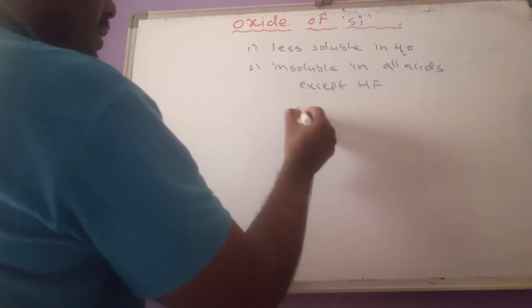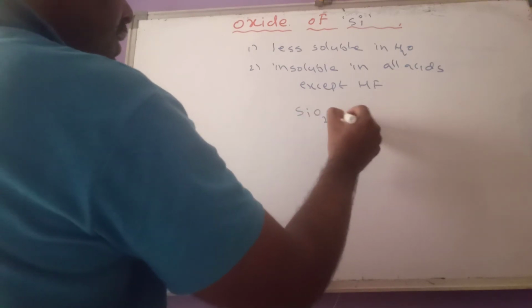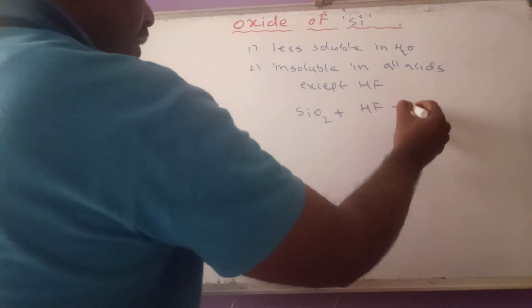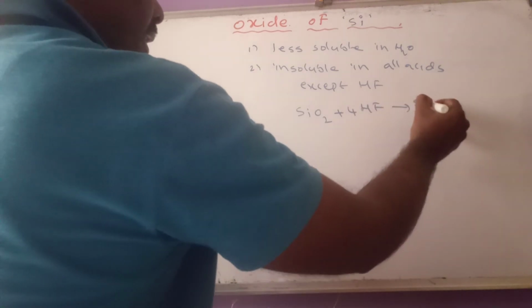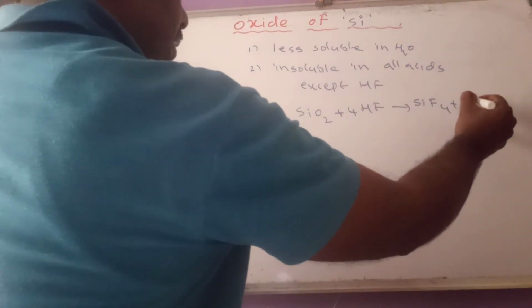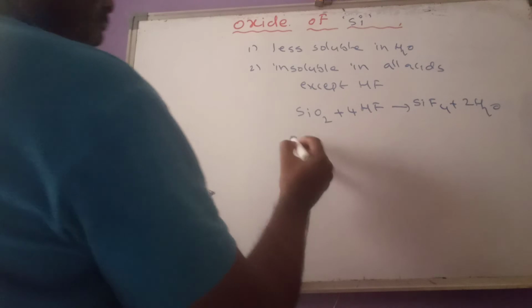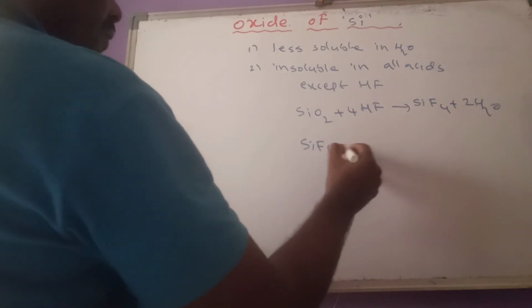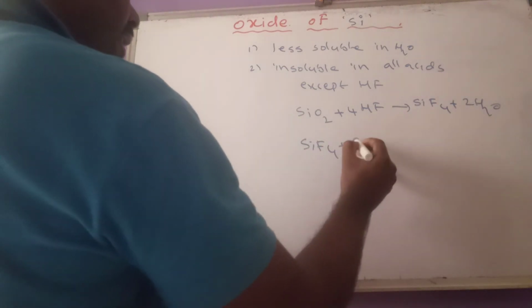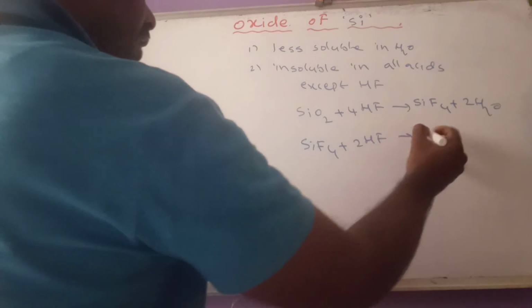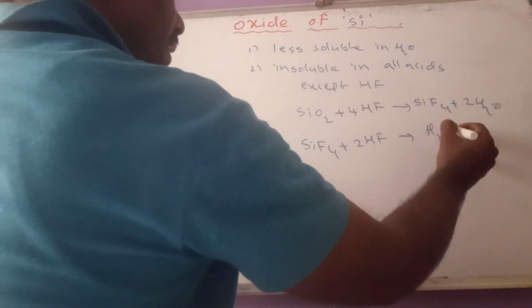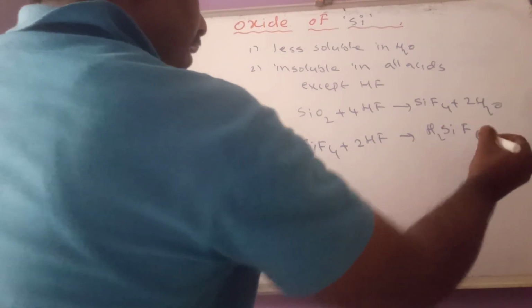It reacts with HF, and we get SiF4 plus 2H2O. This silicon tetrafluoride again reacts with 2 moles of HF and forms hydrofluorosilicic acid,